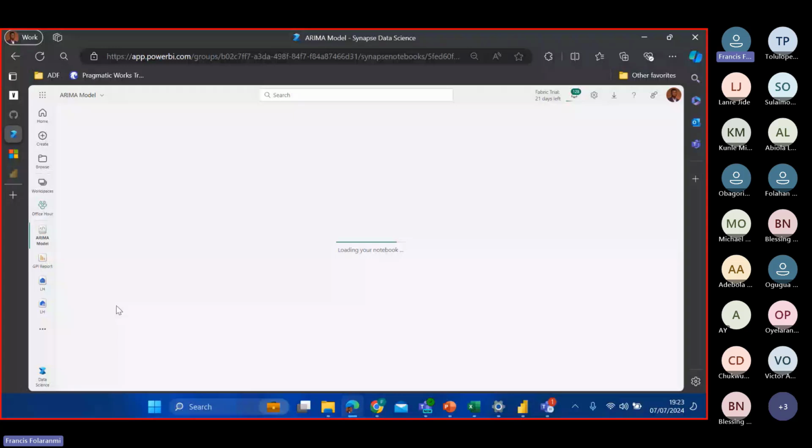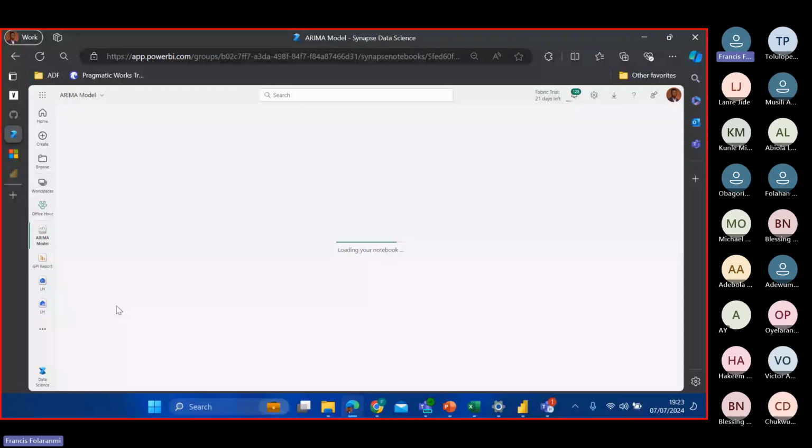I need to use the entire data set. This is limited to the first 1000 rows. So I'll just delete this and I can click on run. Once I click on run, it will run this entire notebook for me. This is loading it into this data frame, and then we import the library using this. Let me just say, when you are running for the first time, it usually takes a while before it gets connected to the computer, and then it runs each of your cells for you. So this is loading now.